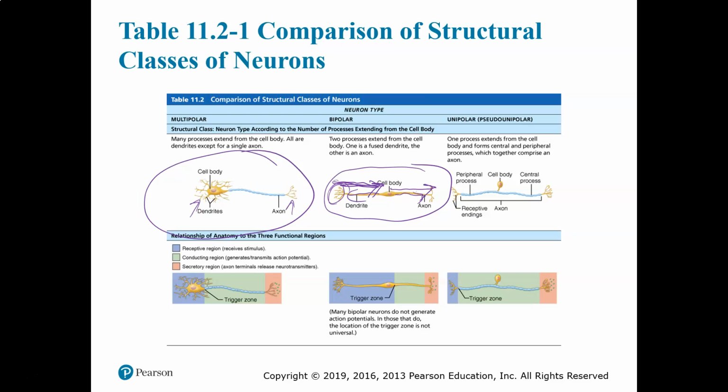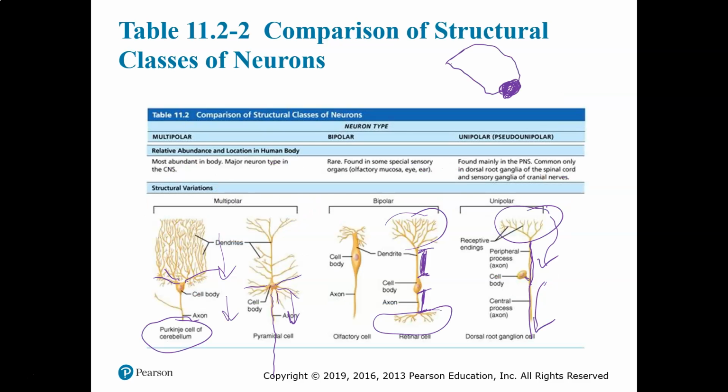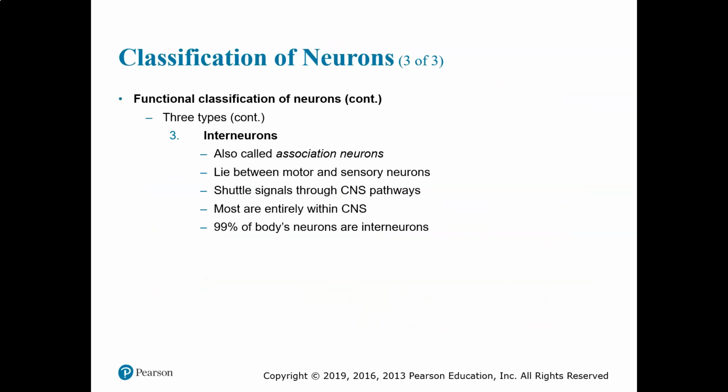And then you have the unipolar, where there is nothing directly attached to the cell. The cell is attached to a long fiber. The whole thing is called an axon. That whole axon, in this case you see it is myelinated, has branches at one end that receive a signal and branches at the other end that transmit a signal. Okay, so